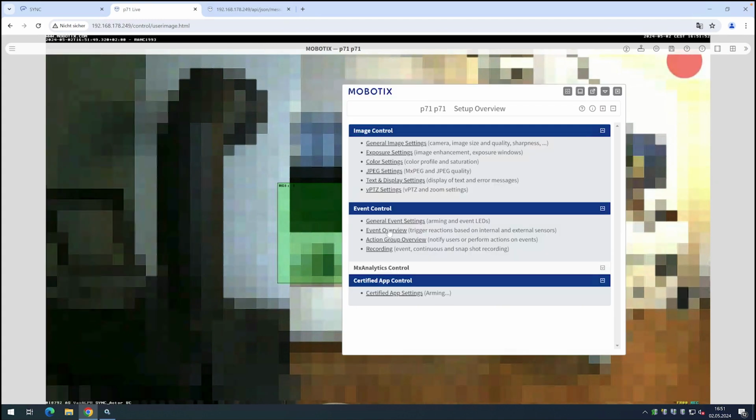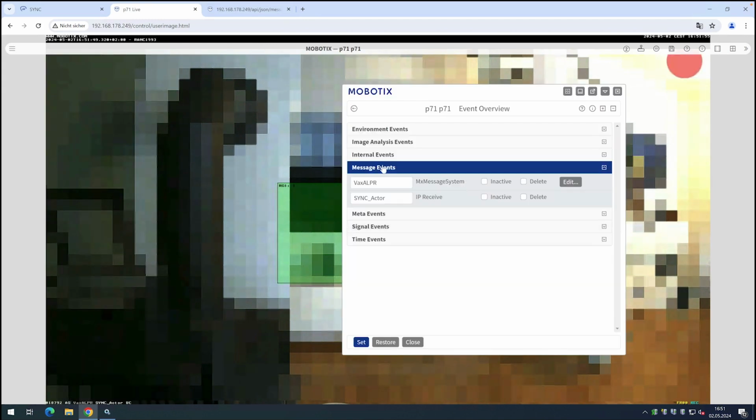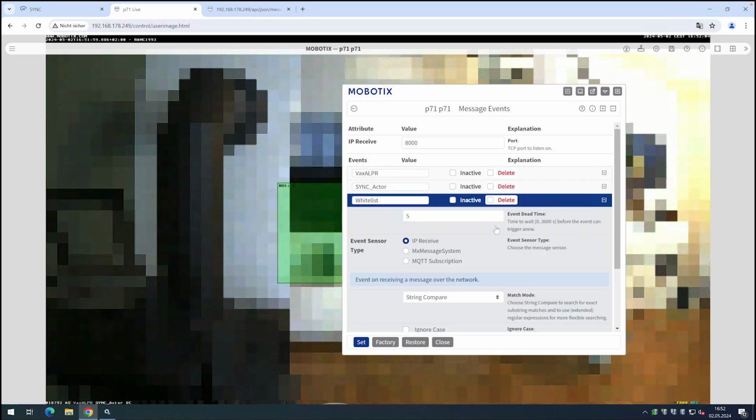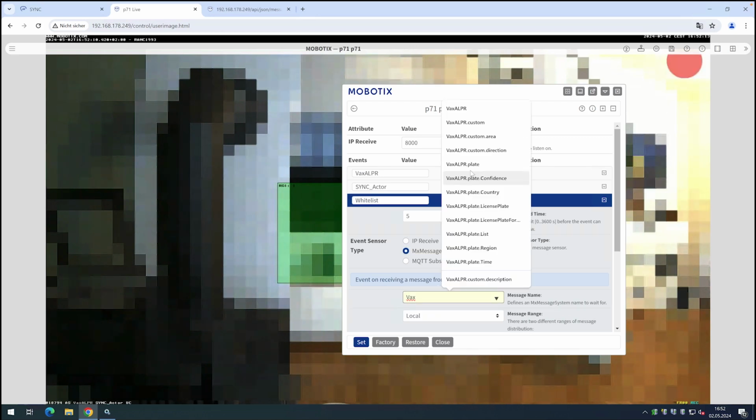So we go into the setup menu, event overview, the message events. And we will add a new profile here. We name it whitelist. Then we will say it's an MX message event. We will delete the alarm on camera and type vex here. And then we have here the vex